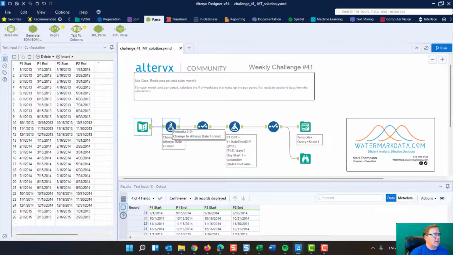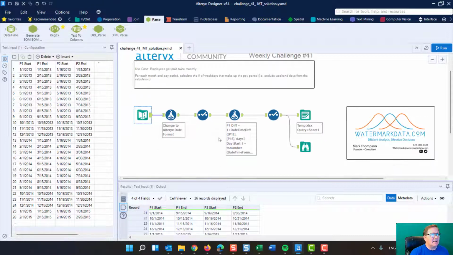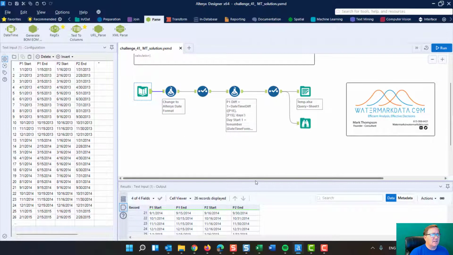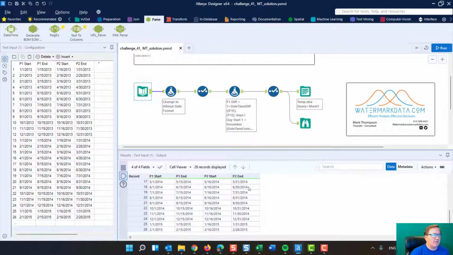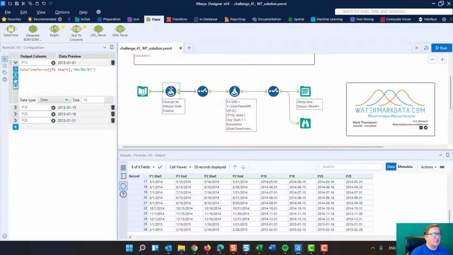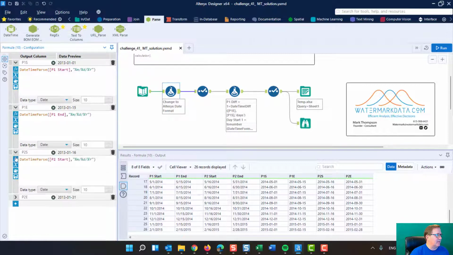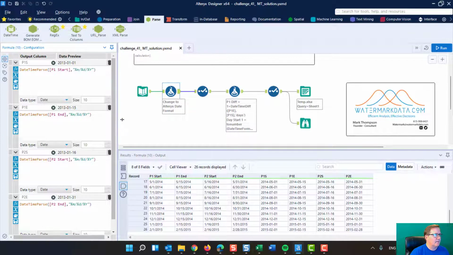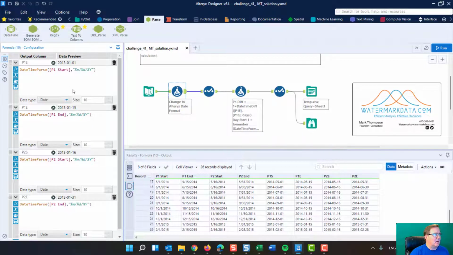The first thing we need to do is take a look at this date format and understand that this date format doesn't follow the Alteryx standard daily format. So we need to first change that format. And so we've got 4 formulas in here, and they are all effectively the exact same formula. And it is doing a date time parse. And I could have used a different tool. I could have used the date time tool to do this, but I want to do it all in one